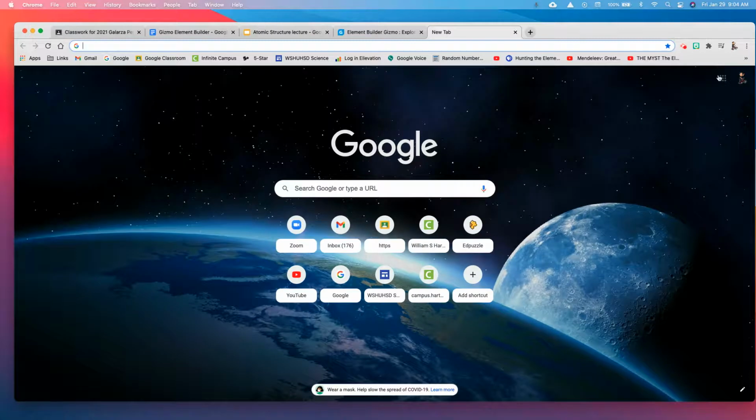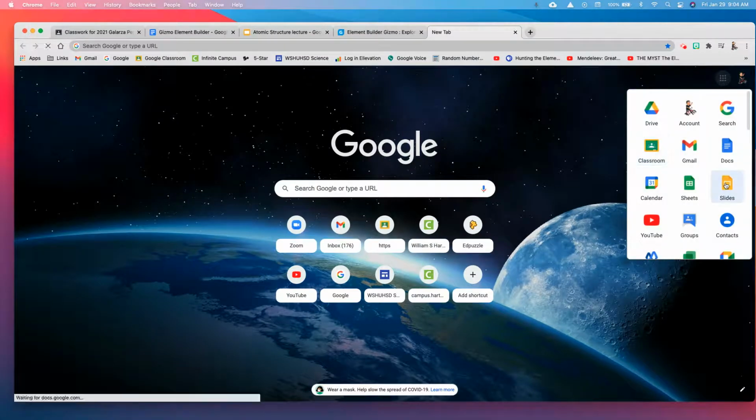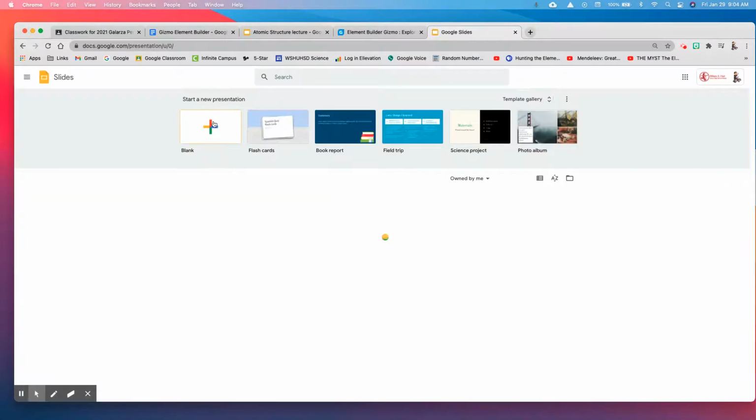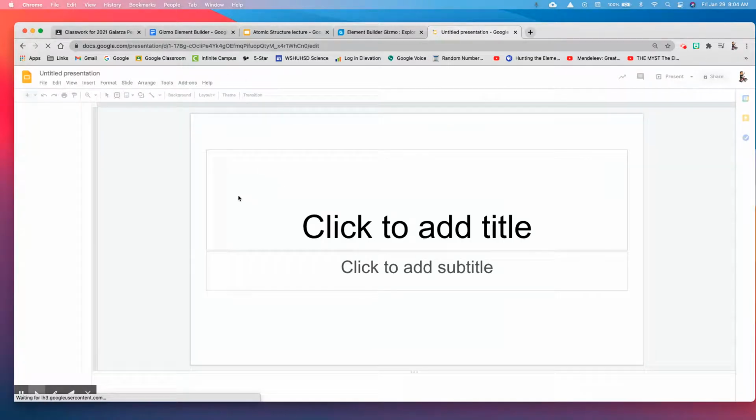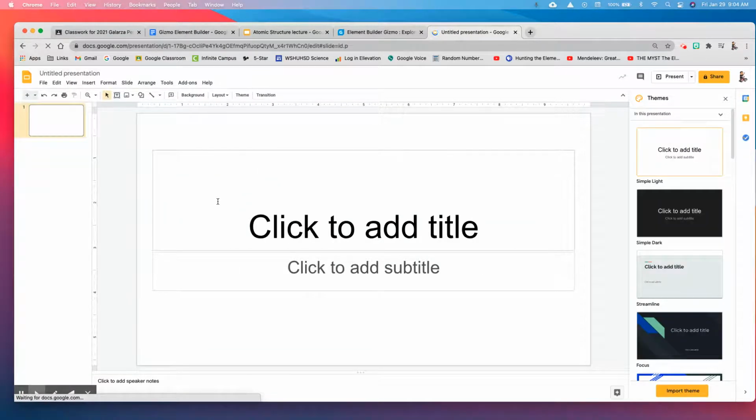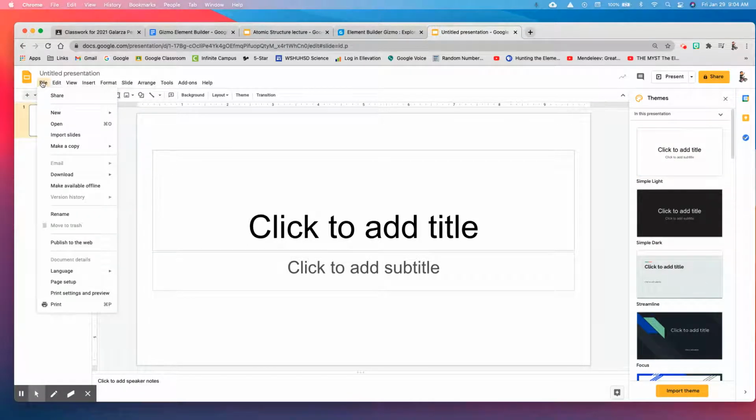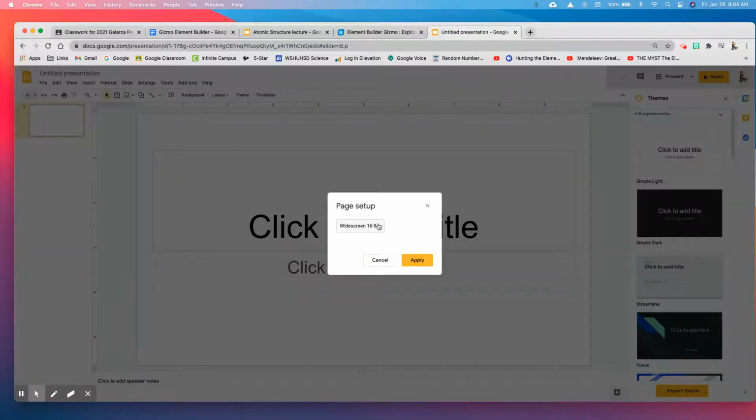So I'm going to open up a Google Slide. I should have had that going ahead of time, but I jumped the gun here. And I'm going to just start with a blank. Now because these screenshots are kind of wide and big, I'm going to rotate the paper vertically like most of us would write. You would do that by going up to the File menu and to the word Page Setup. And instead of widescreen,